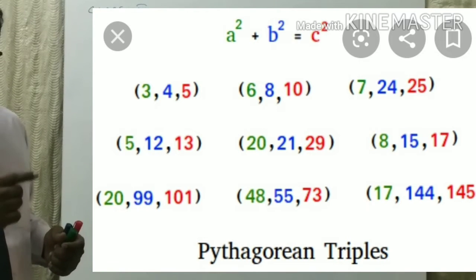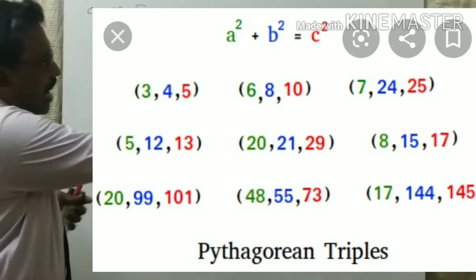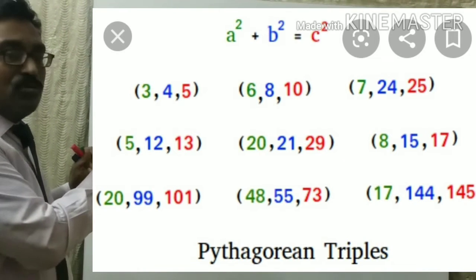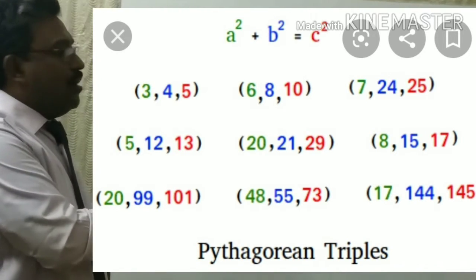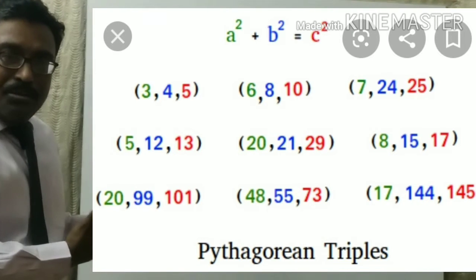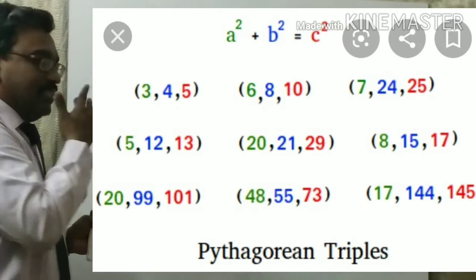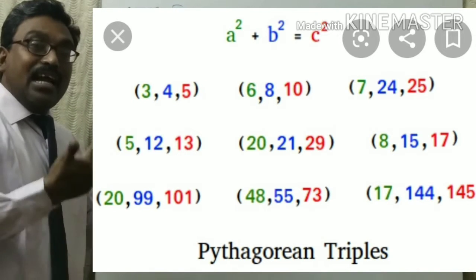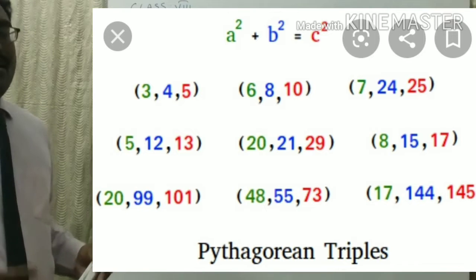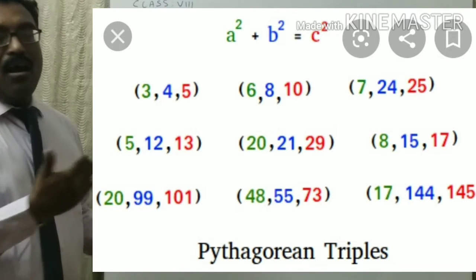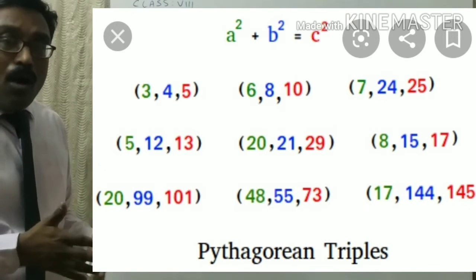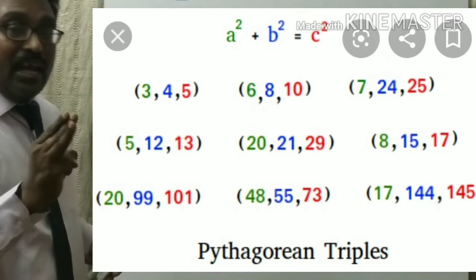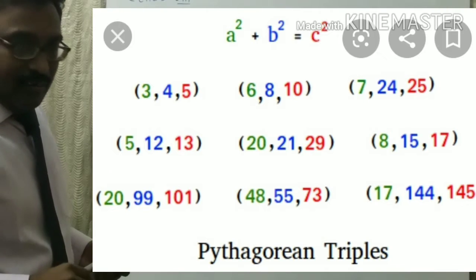What is the hypotenuse? Obviously the highest one. Take the highest one as the hypotenuse. Sum the squares of the two sides and find the square of the hypotenuse. If both are equal, yes, they are Pythagorean triplets, meaning they are sides of a right angle triangle. If not, they are not Pythagorean triplets, so with that pair of three sides we cannot form a right angle triangle.